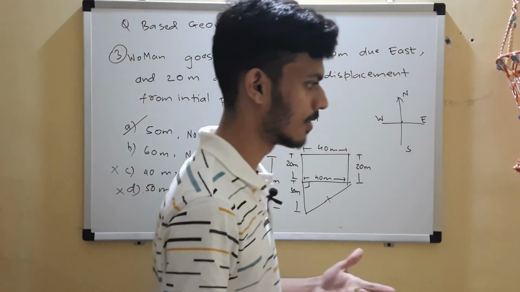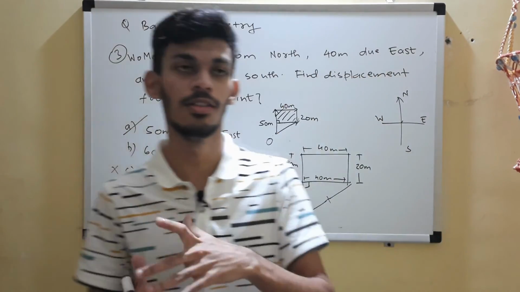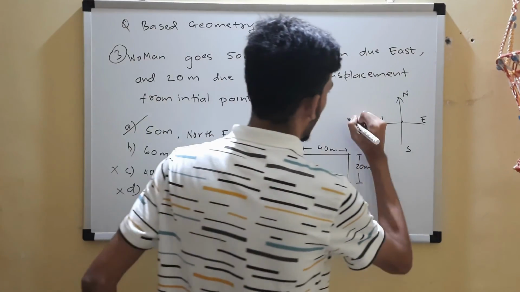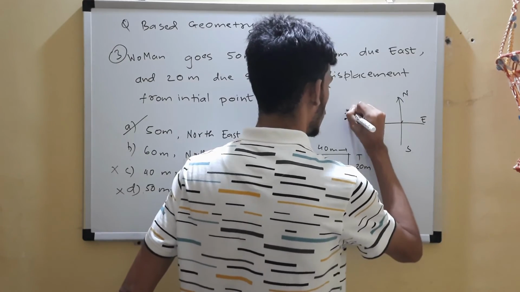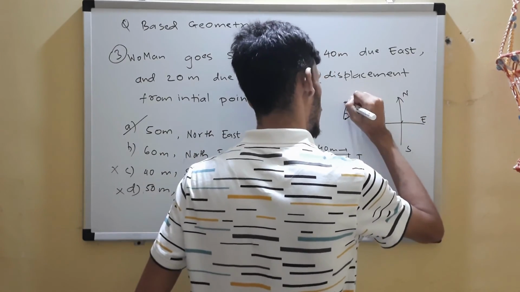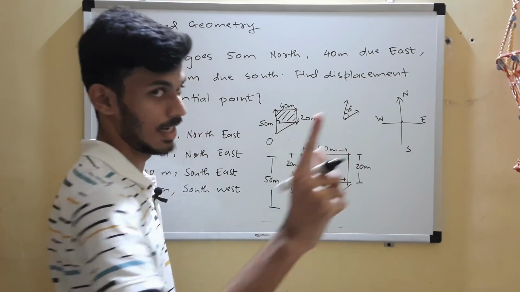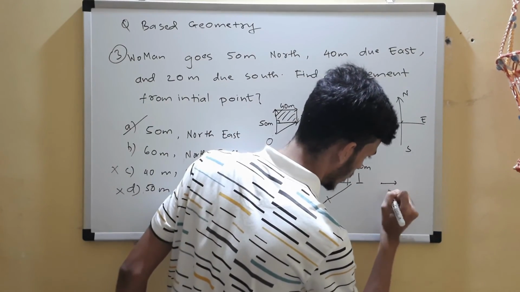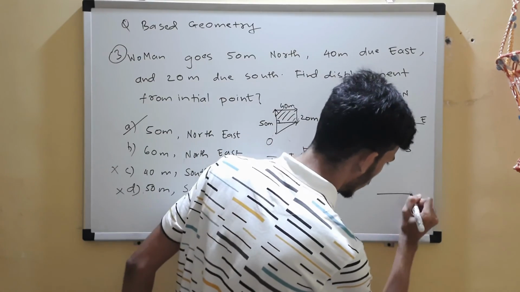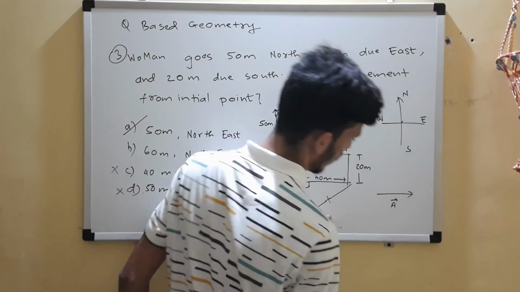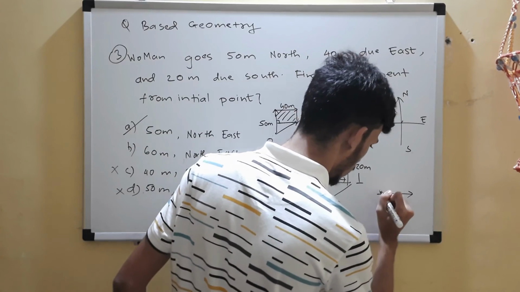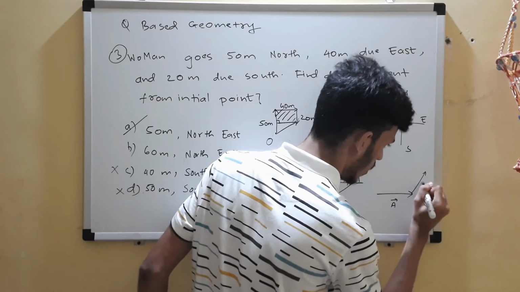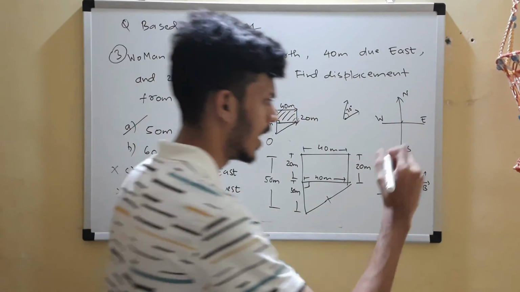So in the next class we'll be discussing the analytical method, which is very useful because suppose two vectors are aligned at some random angle. Suppose two vectors are at 30 degrees. Now you can find the direction of the resultant, no doubt. Suppose I'll draw it big. This is A, and suppose I'm taking B to be this way. So by triangle law you can find the direction of the resultant.